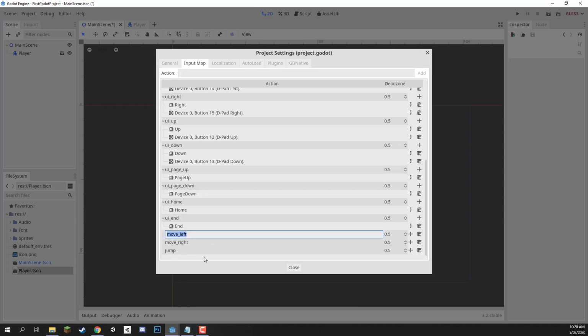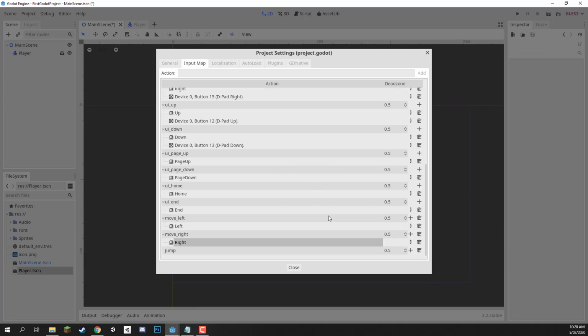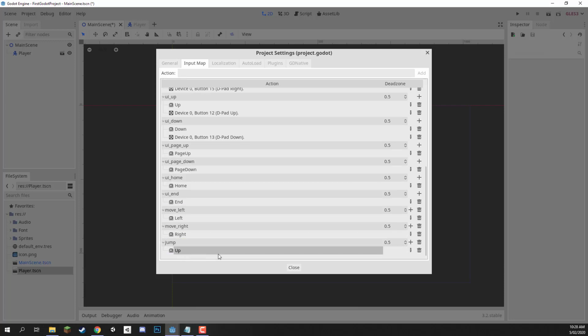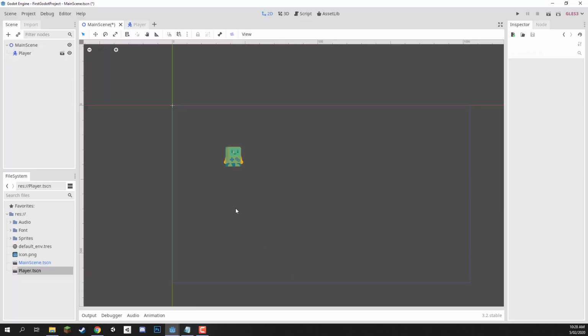Now to assign a key to it, all we need to do is click on the plus over on the side, select key, and then we need to just press the key on our keyboard to pretty much whatever we want it to be. So move left is going to be the left arrow key, we can hit OK. Move right is going to be the right arrow key, we'll hit OK, and jump is going to be the up arrow key, and we'll hit OK. We've got our three inputs right here that we're going to be using. We can now hit close, and to create a script inside of Godot, we're going to go over to the